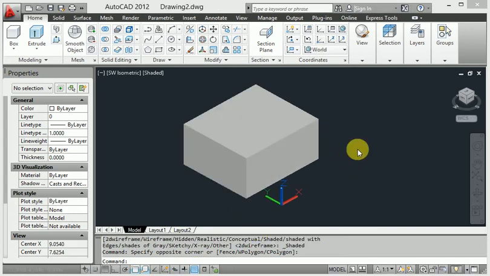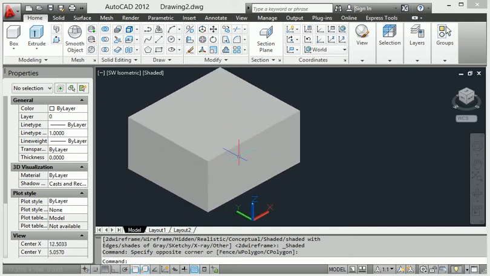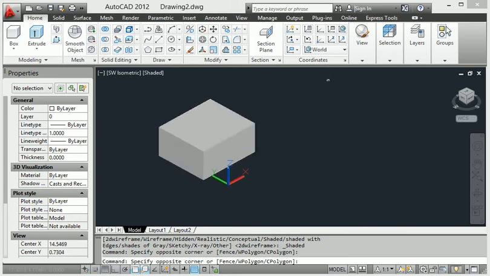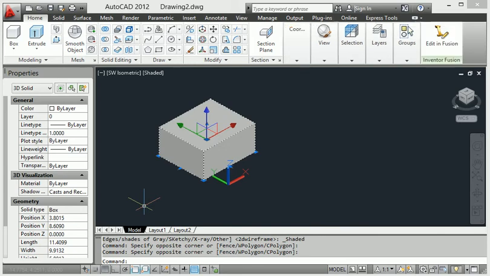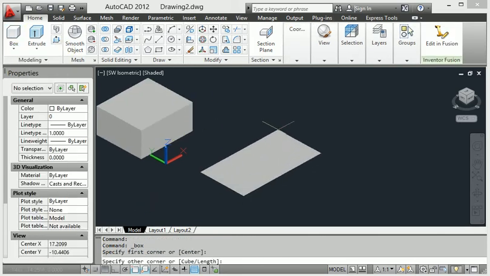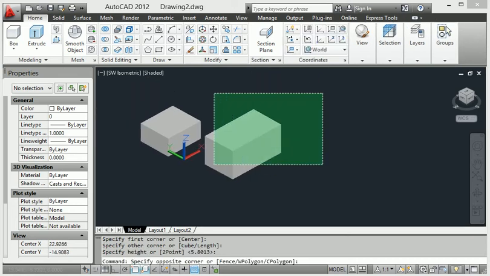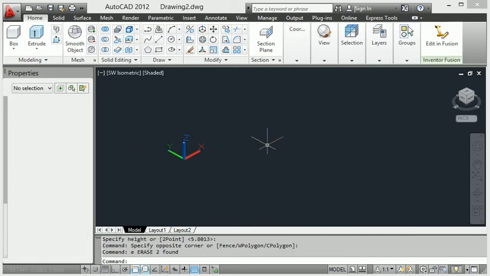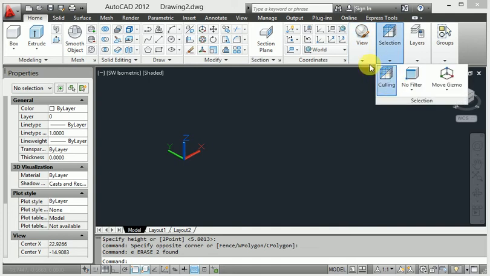So here we can see that it is the single viewport in AutoCAD, but I want to get multiple viewport. So this one again I will show you. We select this box here, start from a rectangle and extrude a particular distance. So this is the single viewport. When I get multiple viewport here, enter this view.